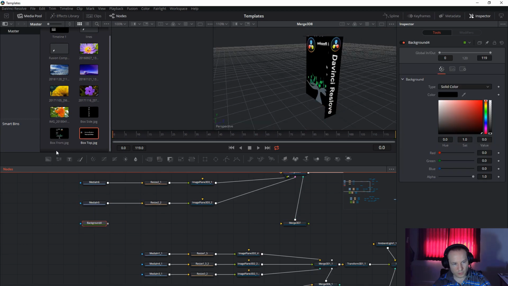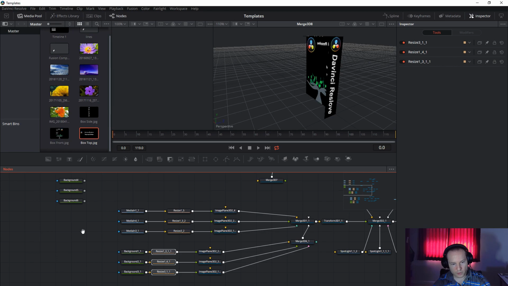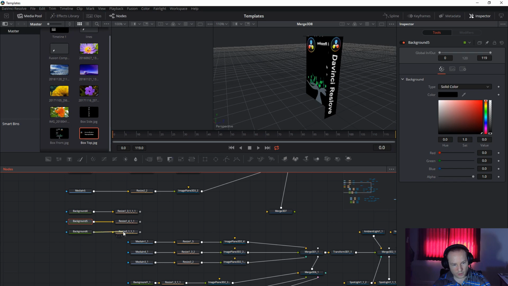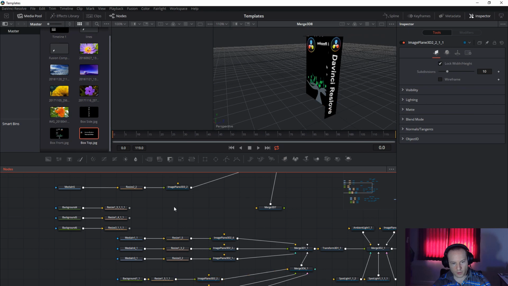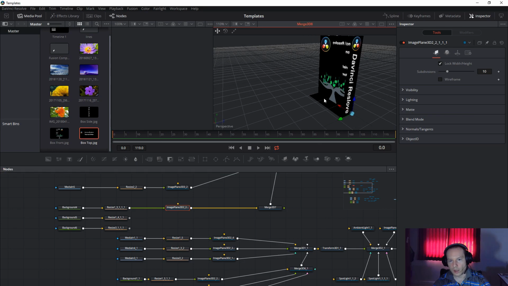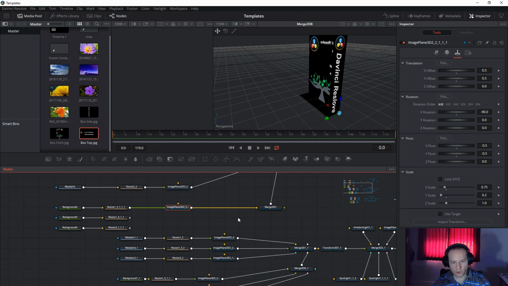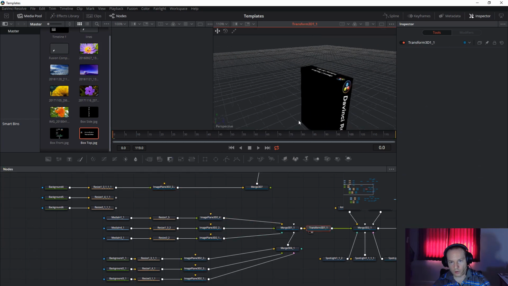Take the 3 backgrounds, connect to the resizes, just copy like this, connect it, and use the image plane, copy paste like this, and you will get the bottom of the box. This is the same process for making the other planes. When everything is finished, you will get this,